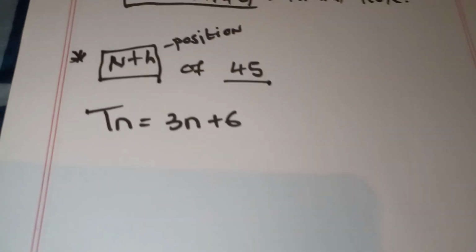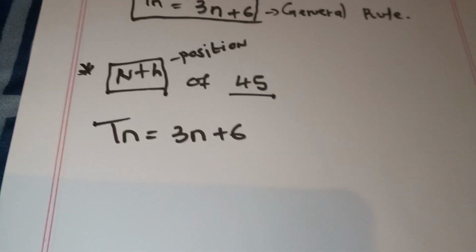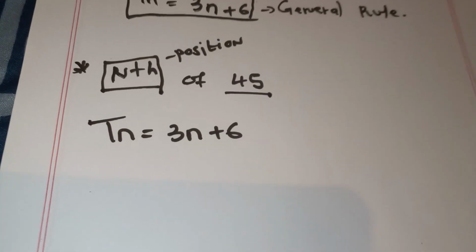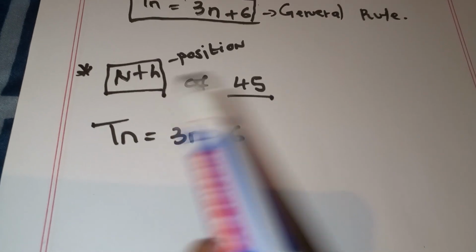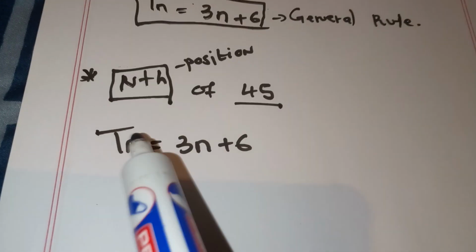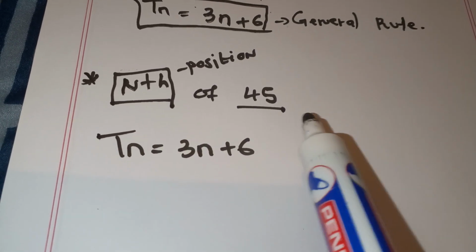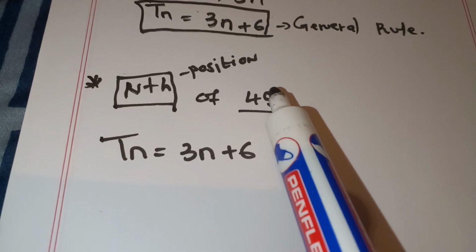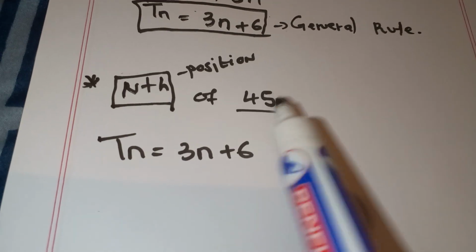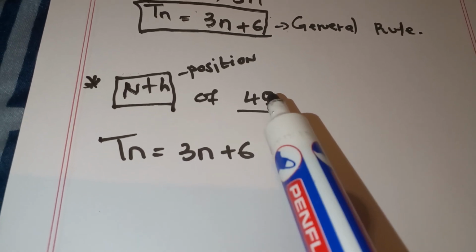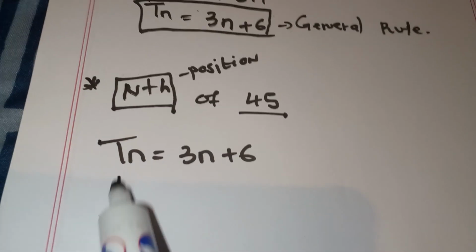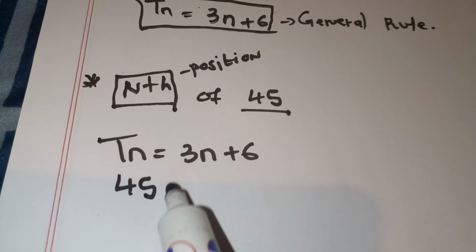This is our rule for this pattern. Now we are looking for the position of 45, so in the space of Tn, we are going to put 45, because this is the term we're looking for the position of. So instead of Tn, we write 45 is equal to